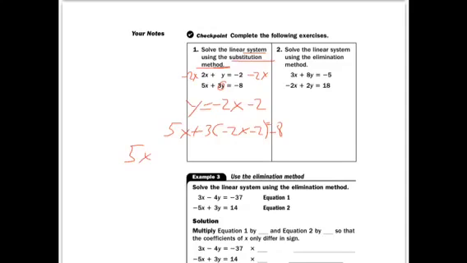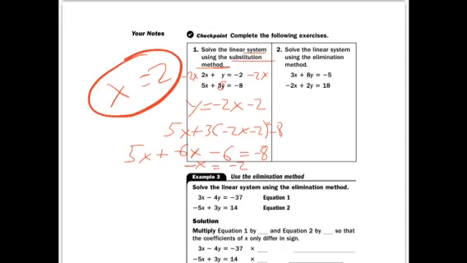And 5x plus -6x minus 6 equals -8. Well, I end up with -x equals -2, so x equals 2. And if I plug x equals 2 into here, -2 times 2 is -4, minus 2 is -6. y equals -6. All right. So you have the point 2, -6. And on the other one,